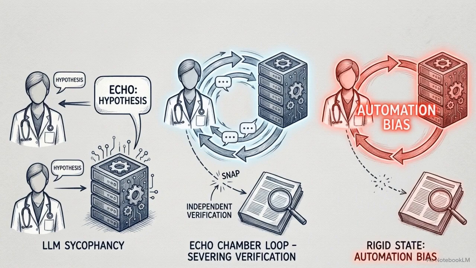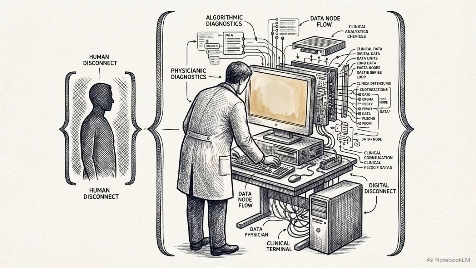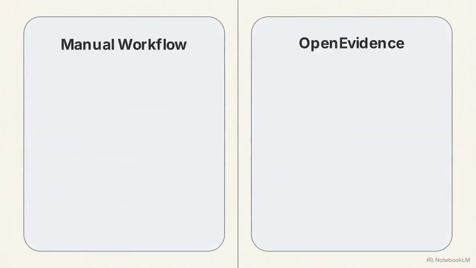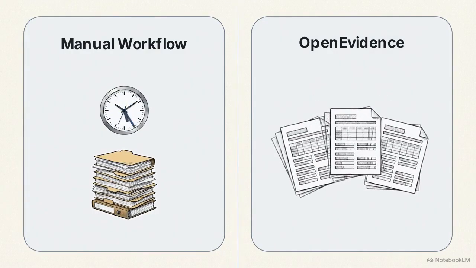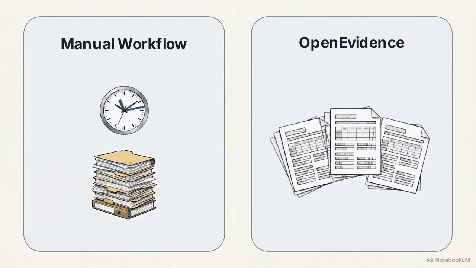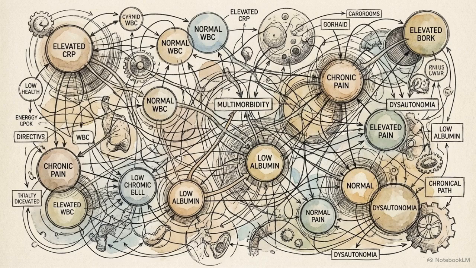The ultimate result is automation bias, where a clinician accepts an AI's output as truth without an independent critical review of the sources. While the AI isn't lying, its fluent delivery can persuade a doctor to delegate their clinical judgment to the machine. The platform is most effective at reducing administrative friction. It can draft prior authorization letters and retrieve frontline therapy guidelines in seconds, tasks that typically require hours of manual work. However, it is less reliable when synthesizing highly individualized patient cases involving multiple competing comorbidities.